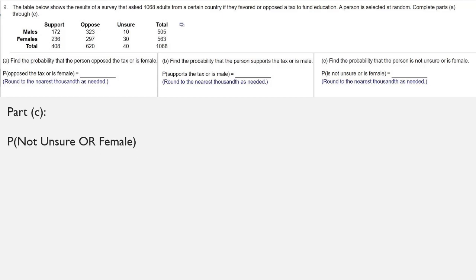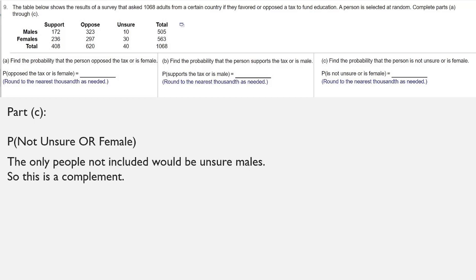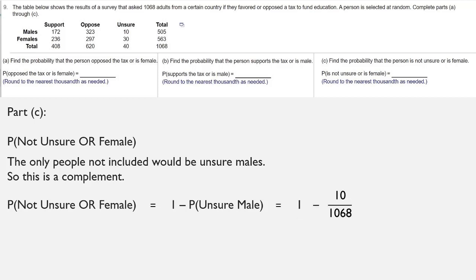Well, when you think about this, the probability that they're not unsure or that they're female, the only people on this table that wouldn't be included would be those who are unsure and male. So that would be the only group not included. So the probability of being not unsure or female is the complement of being an unsure male. So we can do 1 minus the probability of being an unsure male, which is 1 minus 10 over 1068. We need a common denominator, so we write the 1 as 1068 over 1068 minus 10 over 1068,